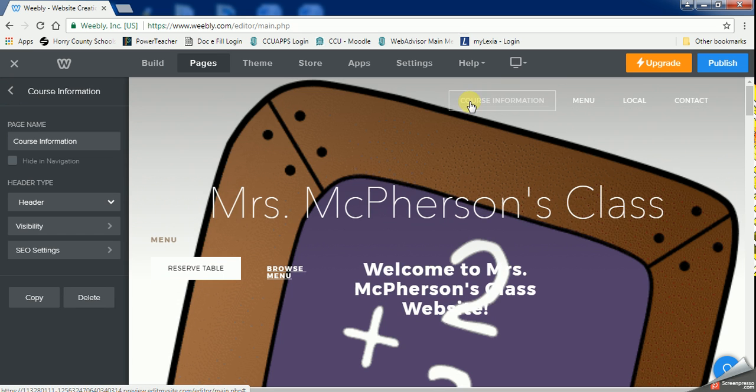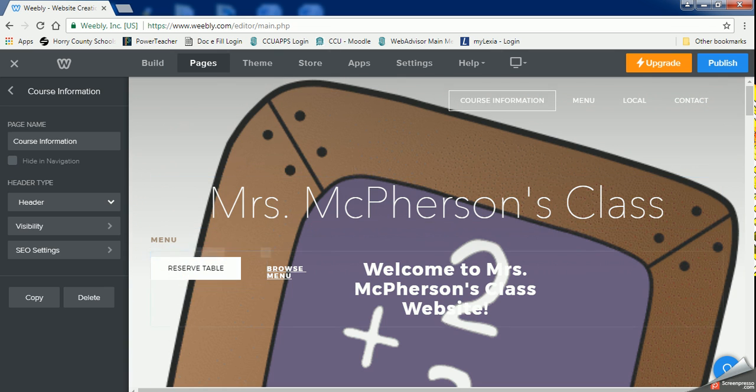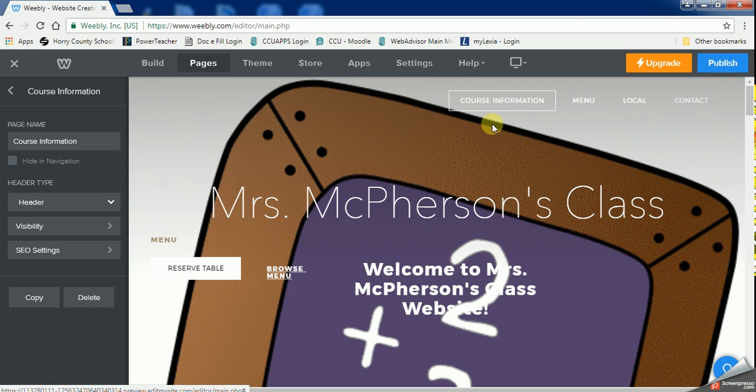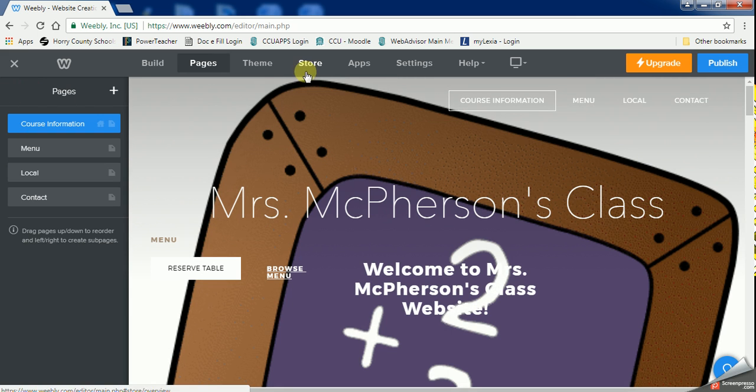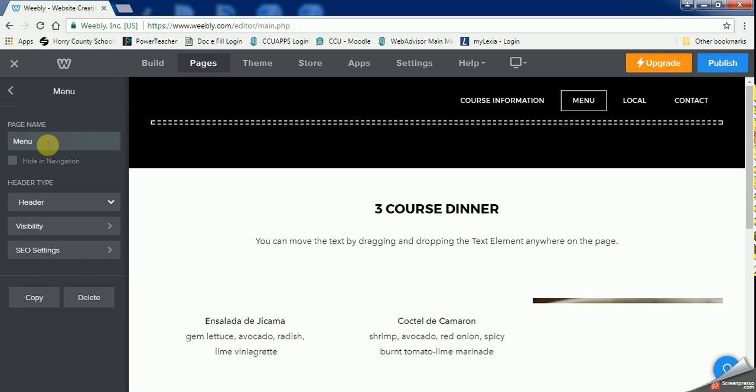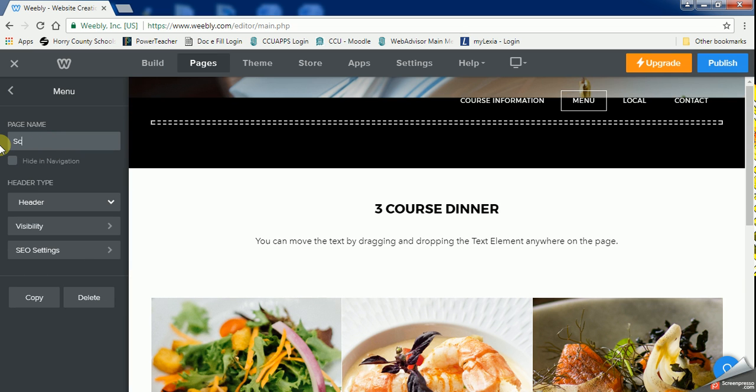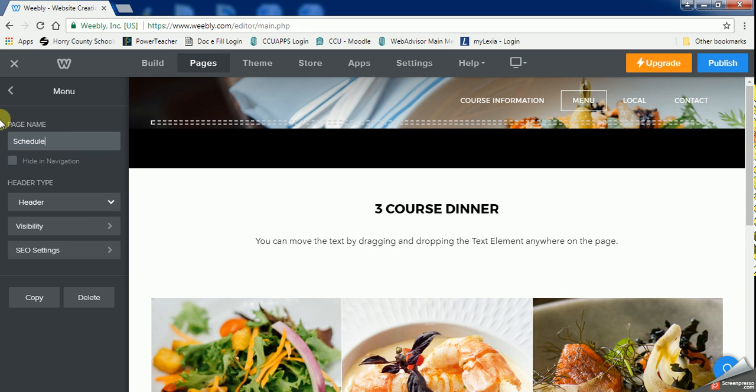Okay, and these pages are at the very top. Some of the themes will have them on the left-hand side, and then some of them will have them at the top. Course information, and then my next page, I don't want it to be called menu, so I'm going to change that also. And I'm going to change that to my schedule, just to put,